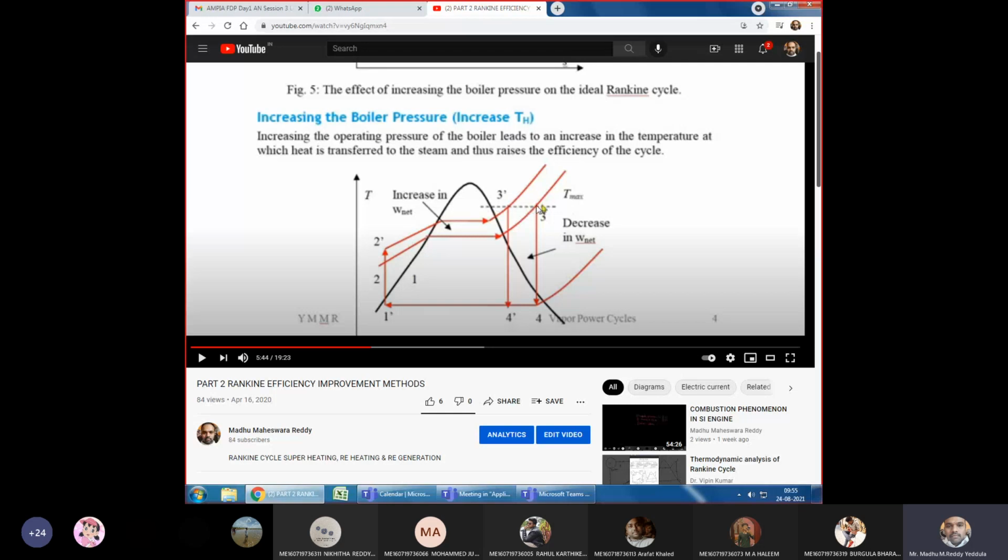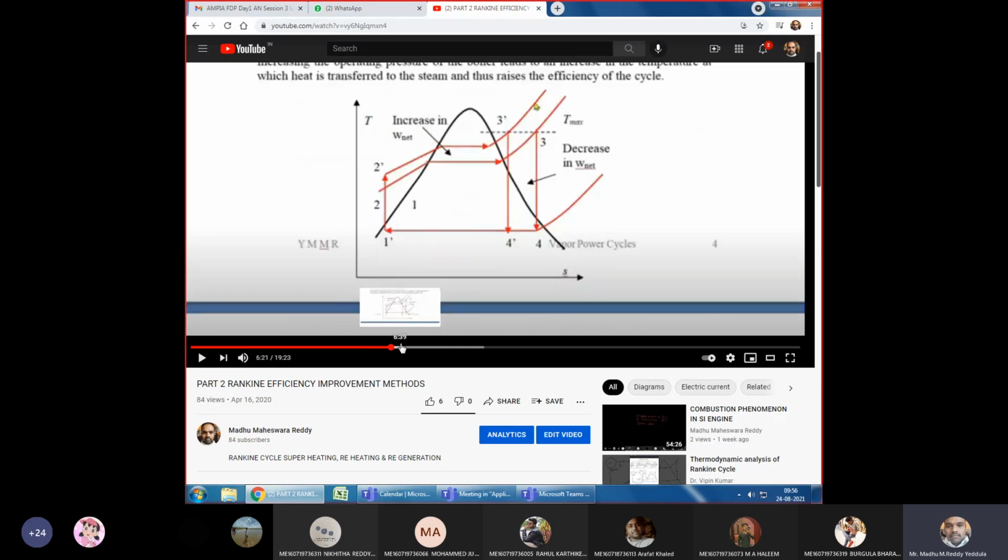The main drawback here is that earlier the steam was expanding from 3 to 4, and the point was more or less on the vapor line. But by increasing the pressure, the steam expands from 3 dash to 4 dash, and point 4 dash is far away from the vapor line. It is nearer to the liquid line. Therefore, the mixture available at point 4 dash is a two-phase mixture, a combination of liquid plus vapor, and it is very difficult to pump this. So in order to overcome all these drawbacks, now what we are doing is one more method.